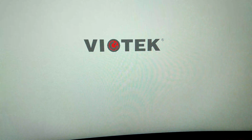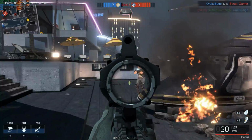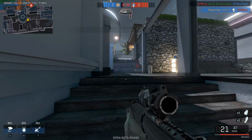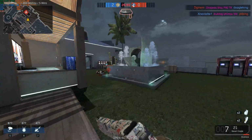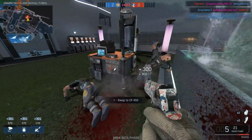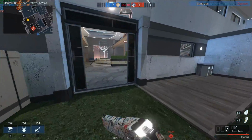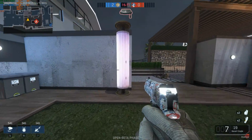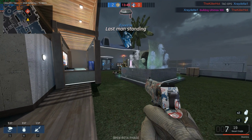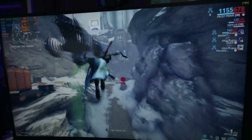Yeah, overall this was pretty fun to test. It was really nice. It's one of those things that when you're playing and you're not specifically looking for it, you're just kind of playing and waiting for something bad to happen, you don't actually notice it working, and that's how it's supposed to be. You toggle on G-Sync, you toggle on V-Sync, and your game just runs smooth, and you never have to notice it. And so that made it a little more difficult when I was actually getting into the game to not realize that it's actually doing work. But once I was focusing on it and realizing what the experience I was having compared to what I had before,